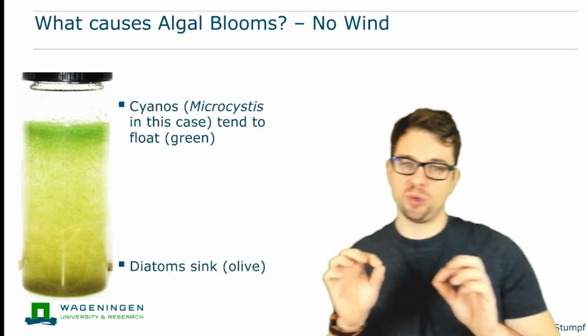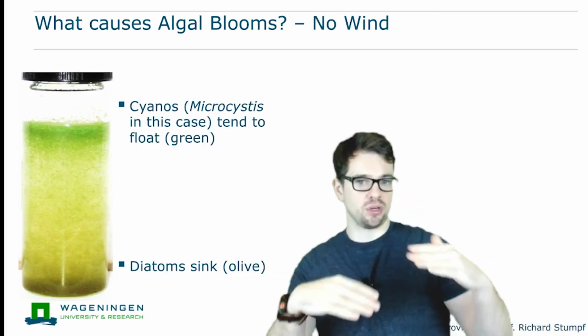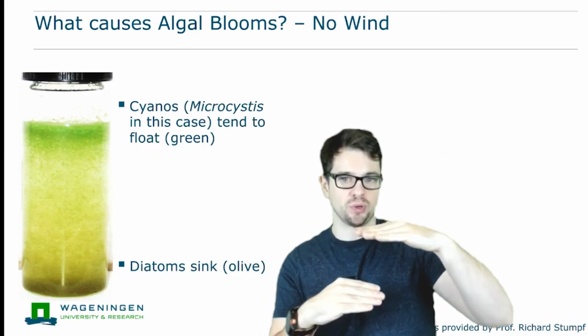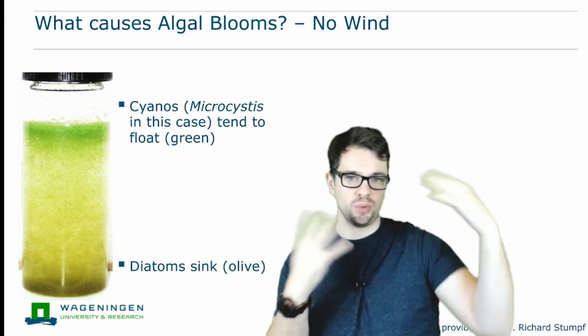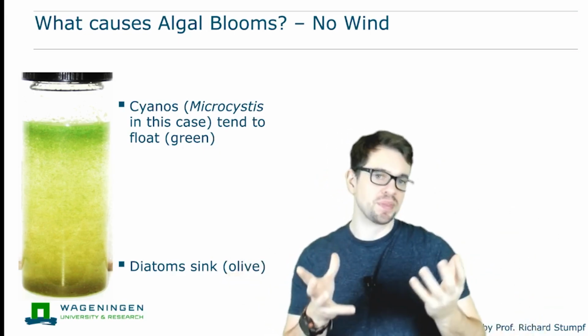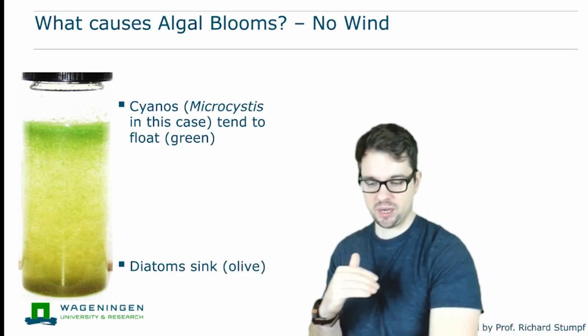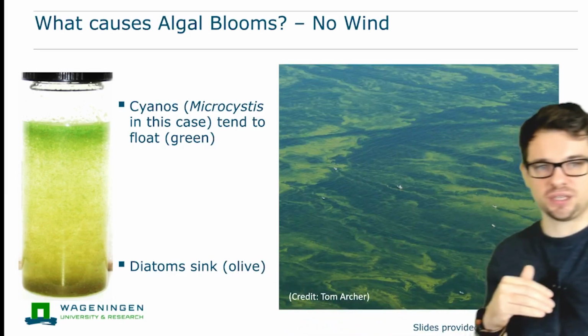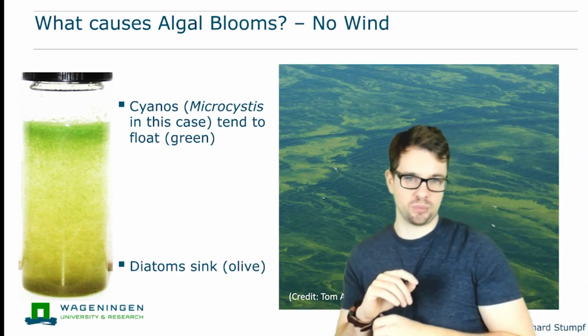Another factor that you might not think about too much is no wind, because cyanos and diatoms have a different mass, and compared to water, cyanos will float on the top and diatoms sink to the bottom. Without wind there is no natural mixing in the water column, and so they will separate out and cause images like this, where you have floating algae on the top and they can accumulate and then they produce these